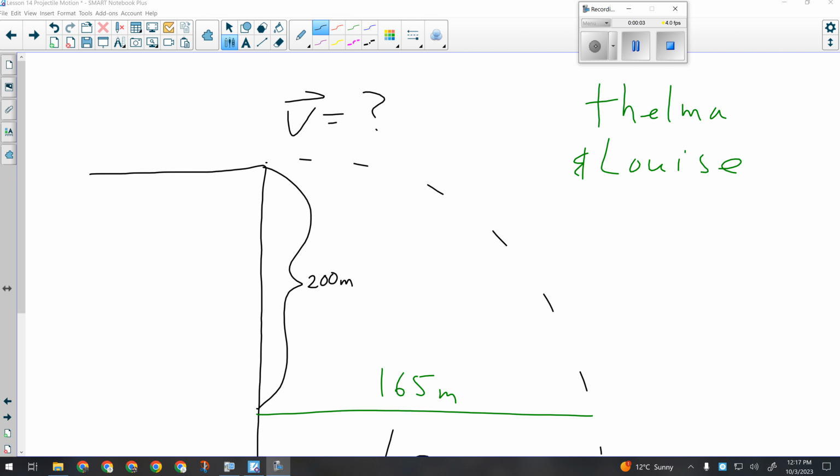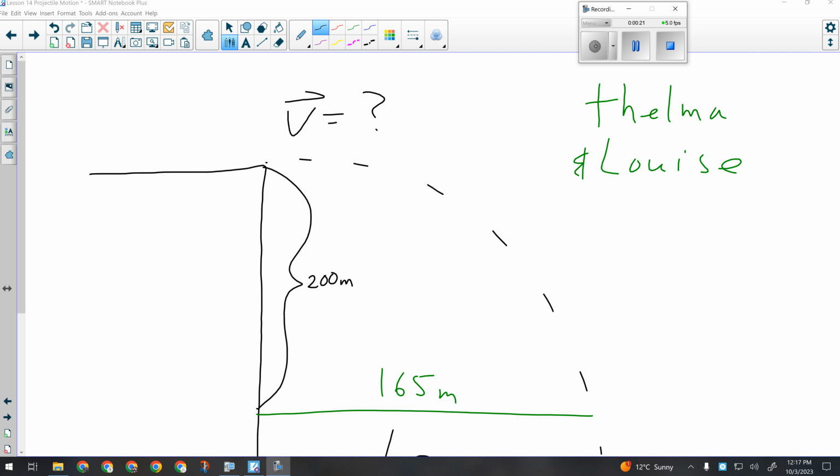So, quick review from yesterday, okay? Projectile motion has two dimensions. A vertical dimension, which undergoes what kind of motion? What is the object doing vertically? It's accelerating because of gravity, okay? And a horizontal dimension where it is traveling at a constant velocity because we're working in the perfect physical world